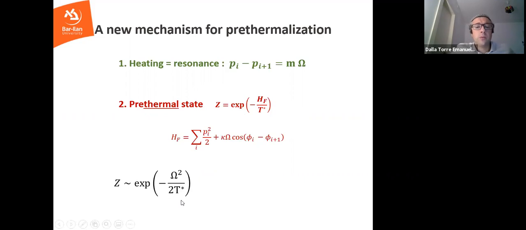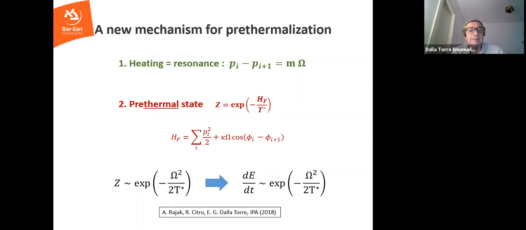So let me explain what I'm telling you. I'm asking the following question. What is the probability of finding a rotor that rotates very, very fast? Why fast? Because the drive is fast. So I look at a given rotor and I ask, what is the probability of finding that rotor to oscillate fast? And this is given by the Boltzmann distribution. So what you understand is that if the temperature is low, then the probability to find a rotor that oscillates very fast will be very small, exponentially suppressed.